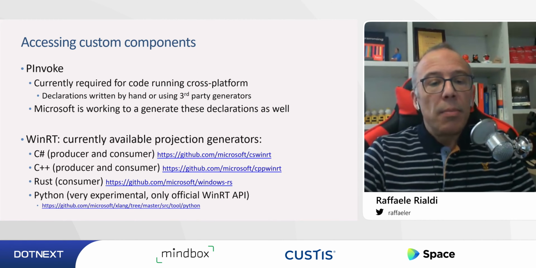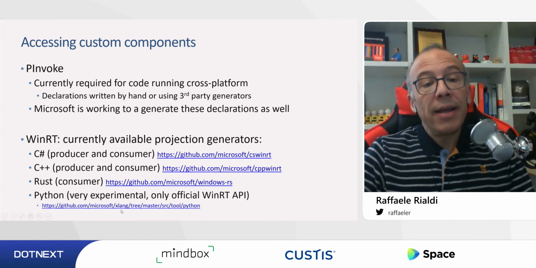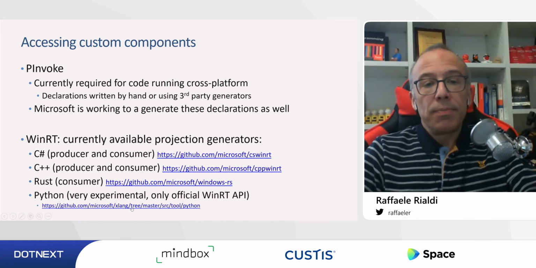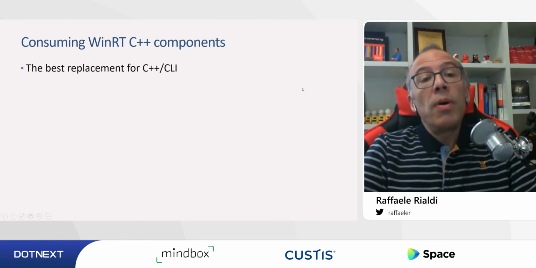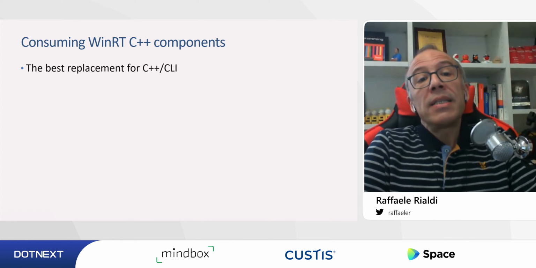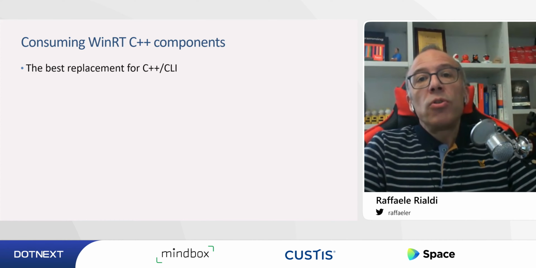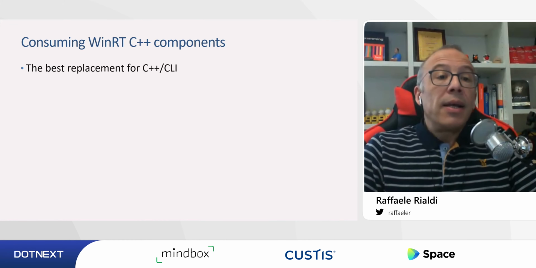This is the reason why I didn't bring you any demo, which would also be very interesting. It is part of the very first project of this family, which is xlang, which contains all the pointers to all the others. And so if we want to consume WinRT C++ components, so basically the things that we used to do with C++/CLI, okay,